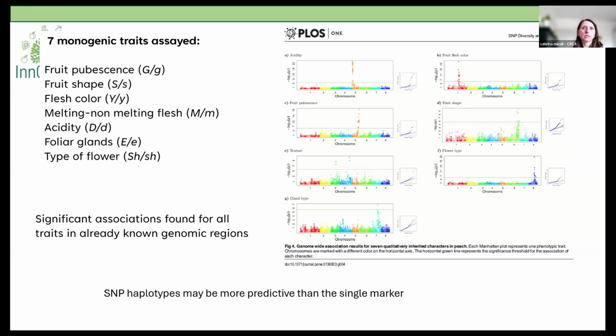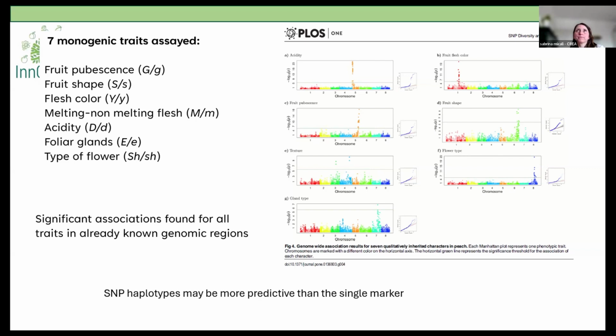The fruit pubescence and flesh color genes have already been isolated. We found significant association for all traits in already known genomic regions, but also